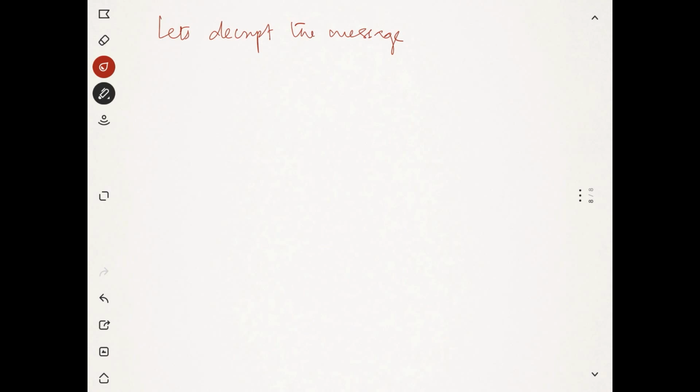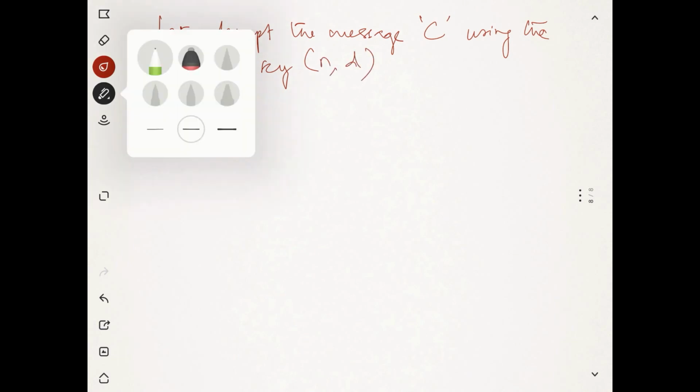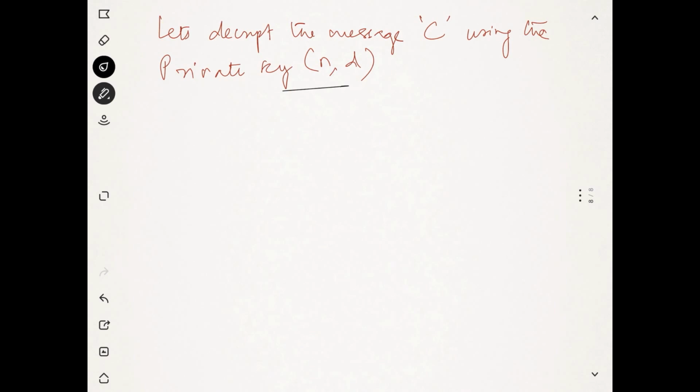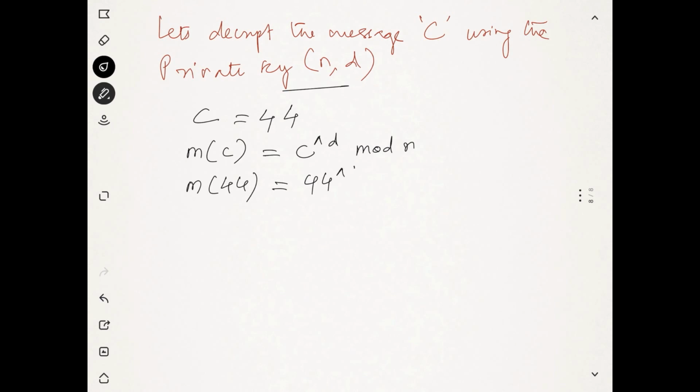Here we have a cipher c is equal to 44. Let me write it down. And we'll do this using the private key, of course, n comma d, where n was 91 and d was 47. Now c is equal to 44, so m of c equals c to the power d mod n, and that would mean m of 44 equals 44 to the power 47 mod 91,